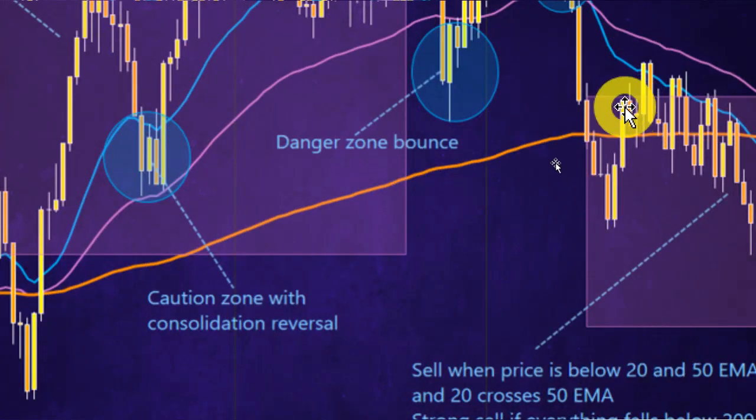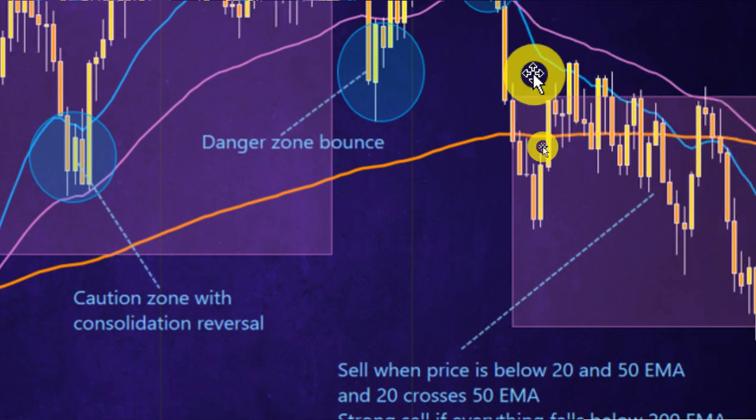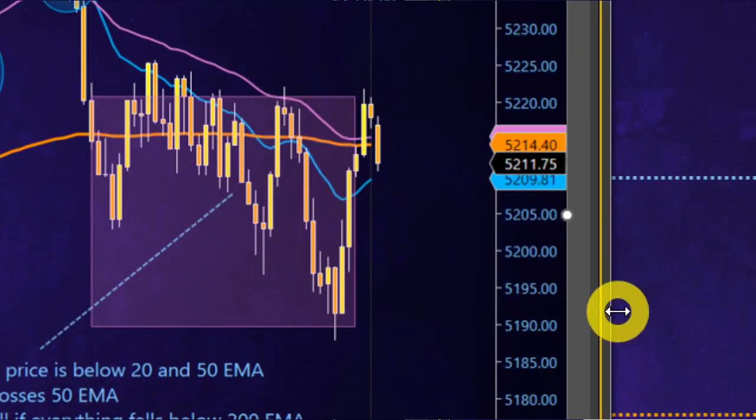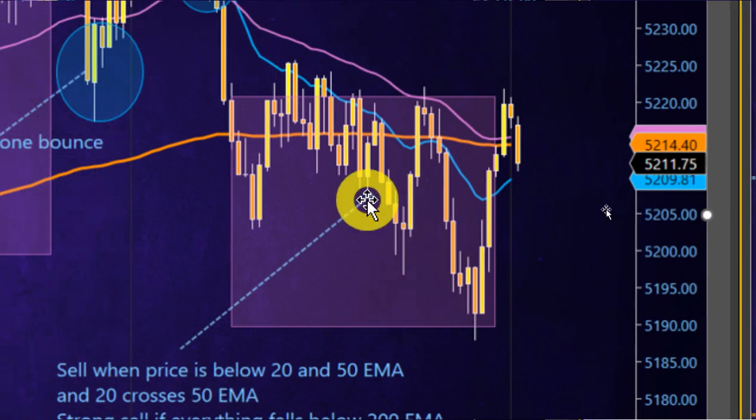Now when the moving averages cross, this is actually a sell signal. It's a weak sell signal because it's not below the 200 yet right here. But once it drops below the 200, then we have a strong sell signal. So what we would do in this case is probably on this bounce here, draw trend lines and look for selling opportunities. This would have been the best sell opportunity